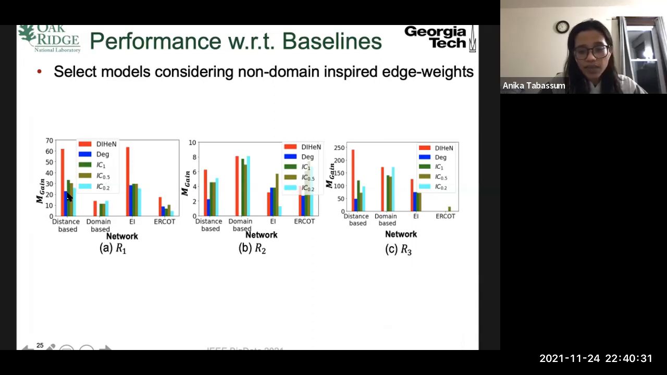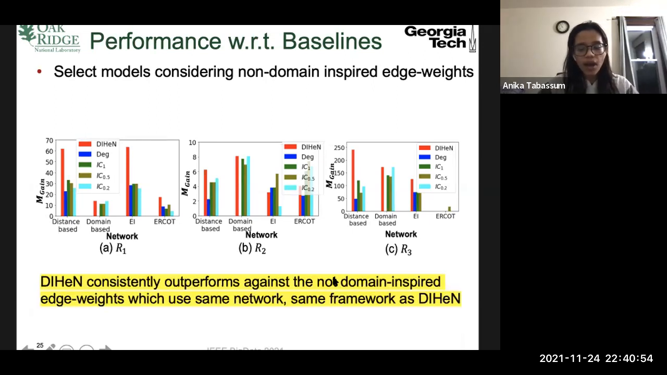And each vertical bar is actually showing a different model, where the red bar is our model Diane, and the x-axis shows the different datasets we used, and the y-axis shows the M gain metric. Each figure represents the performance with respect to a different expert-given criteria. And our model consistently outperforms all the baselines and shows that non-domain-inspired models